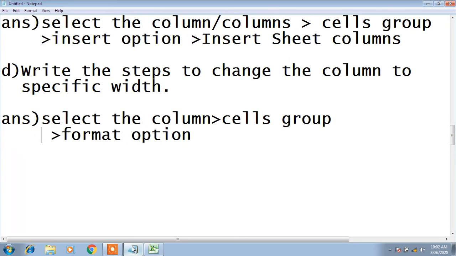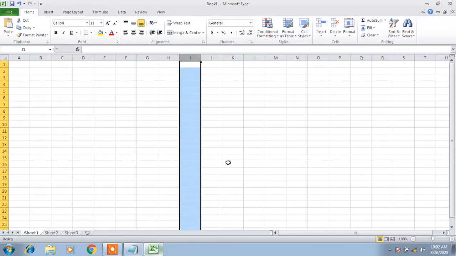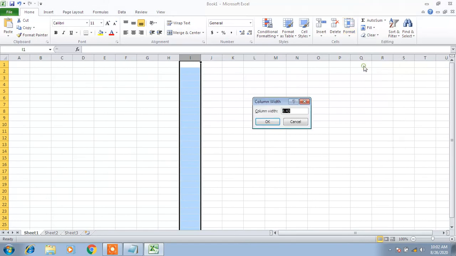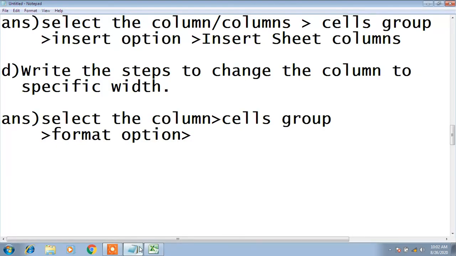In the format option we have column width. Click on format, then column width.